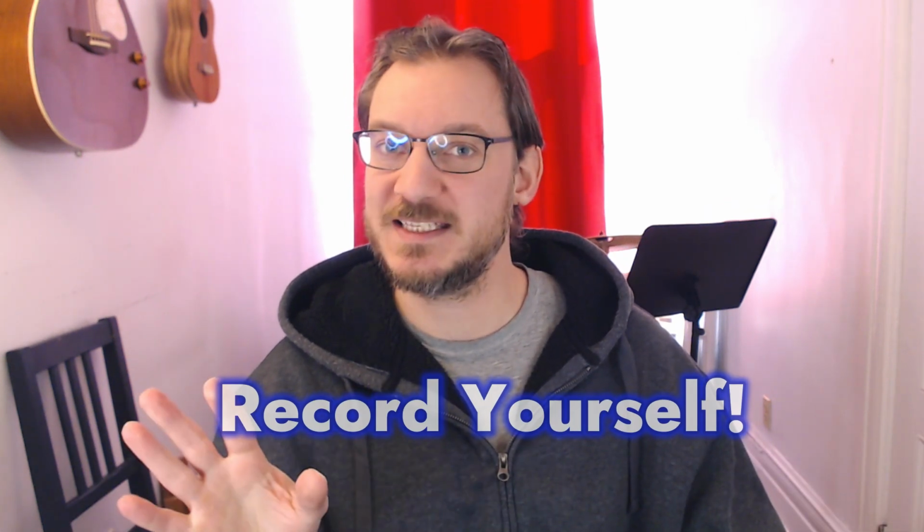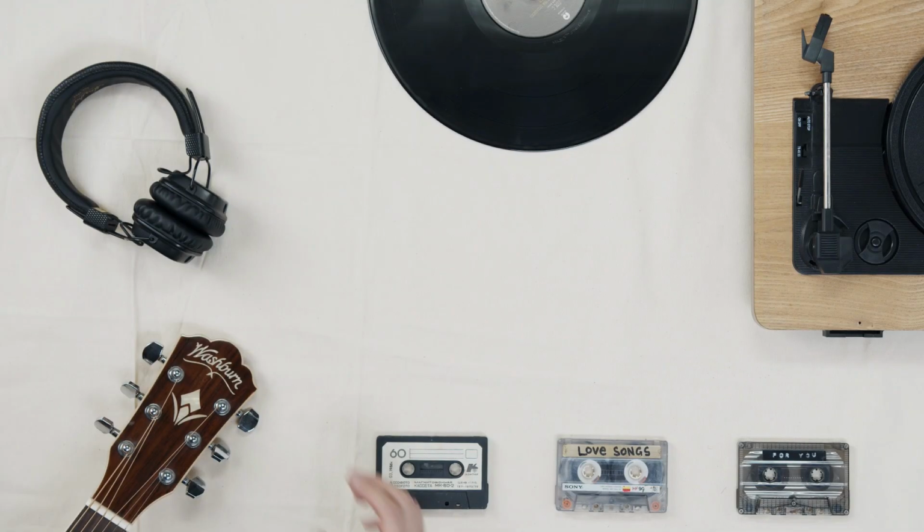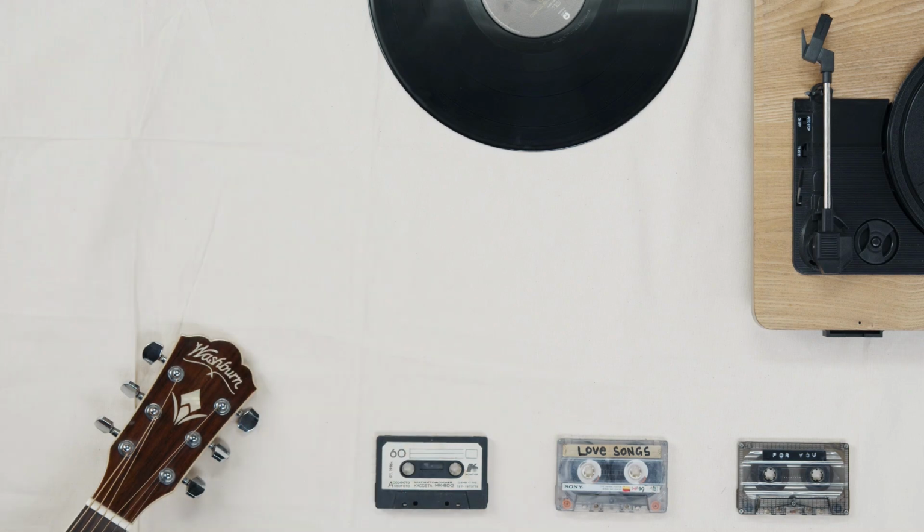And my last tip for you guys, this is a great one. For total beginners or intermediate players, even advanced players, record yourself. It's so easy in this day and age to click record with your phone, your computer, or webcam. Do a quick video of maybe just the chorus of a song or the new strumming pattern you're trying, even practicing a scale. Film yourself, or just an audio recording is fine, and listen back, maybe even the next day. Sleep on it, and the next day when you listen, you'll have a more objective point of view, and